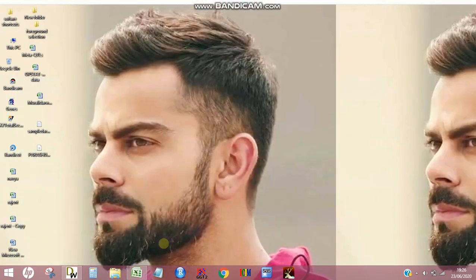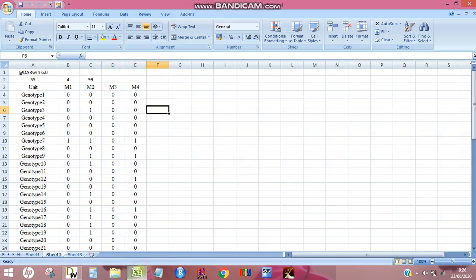Before getting into the analysis, let me introduce how to prepare the input file for Darwin analysis. The header should always be Darwin 6.0, and in the second row you have to indicate how many genotypes or accessions you are going to use in the analysis.